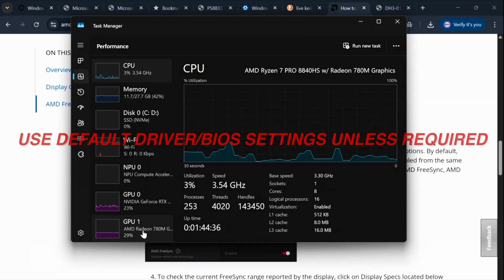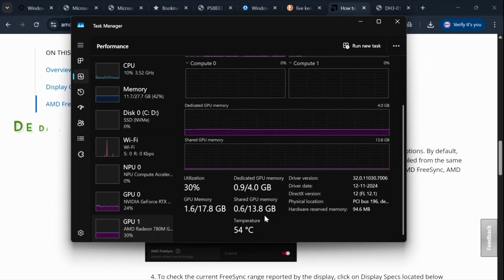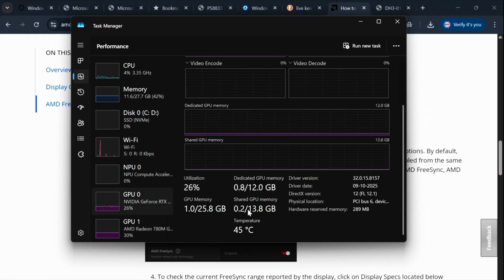Driver version, everything is default. I did set it to 2 GB so that I could get the memory back, but it seems to have issues with driver stability when I tweak the stock configuration in the ThinkPad BIOS. So I've just kept it default at 4 GB. You'll see that the shared memory is around 14 GB alongside 4 GB. For the NVIDIA dGPU, the dedicated memory is around 12 GB, so you'll get around